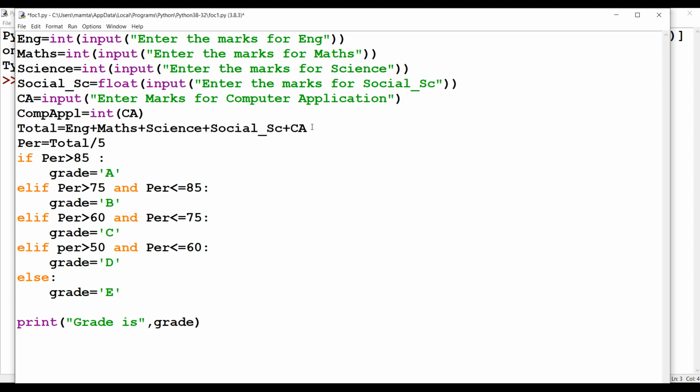Here, yes, this is a mistake. I must not have written CA here. I am required to write comp APPL, and you have to be very careful about the case also. Lower, if I write capital O here, that will be wrong. Why? Because here I have taken small o. As Python is case sensitive, you are required to write small o. So comp APPL is to be added along with the other subjects, that is the calculation of total, and then after that